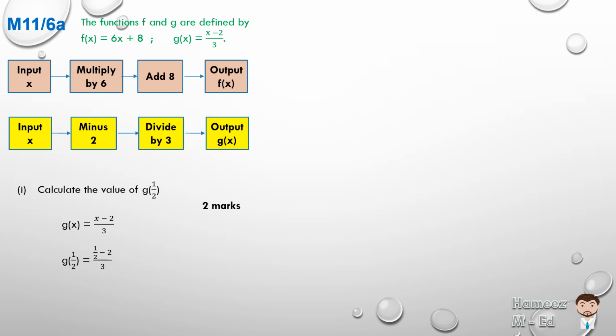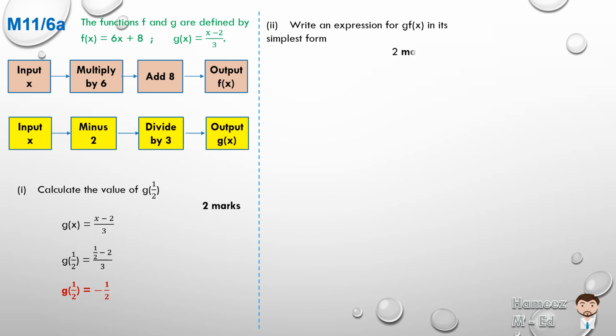And we could use our calculators and work it out, or we could work it out in our head. A half minus 2 is minus 1.5. Minus 1.5 over 3 is minus a half. So g of a half is equal to minus a half. And if you put it into the yellow boxes and work it out, you'll see that it'll give us the same answer. For the second part of the question now, write an expression for g f of x in its